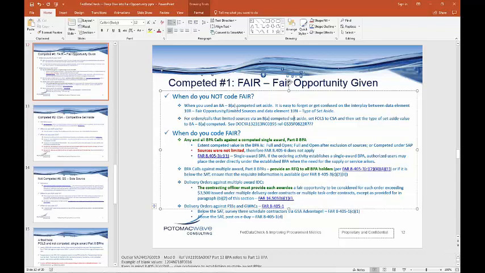your 10 vendors on the Part 8 BPA, and you only make it available to bid on those who are in the 8A program. You can do that, just don't use fair as the code. For order calls that limited sources via an 8A competitive set aside, set the fair opportunity limited sources field to CSA, and then set the type of set aside value to 8A competed. All right, let's take a look at an example